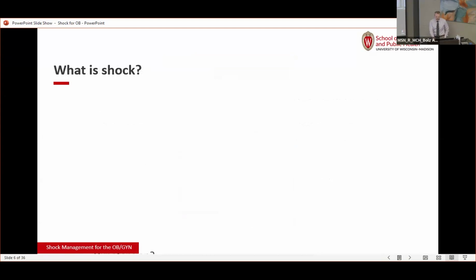So what is it, right? Is it hypotension, low blood pressure? I think a lot of people think about that. Could it be hypoxia or hypoxemia, right? So low oxygen in the tissues or in the bloodstream. Is it hypoperfusion